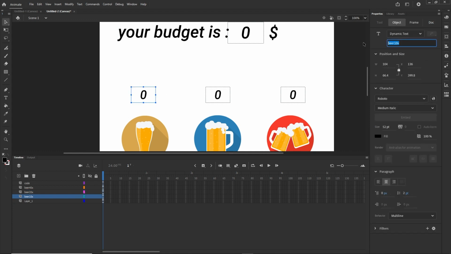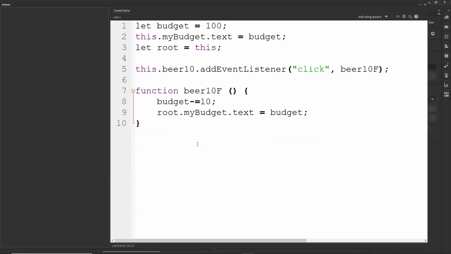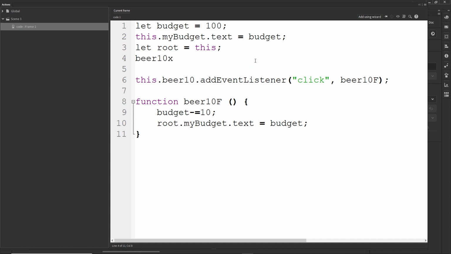I am going to one more time copy this, and I will go back to the code, so right click actions, or you can go with F9. Now what I want to do is create some new variables with the number. Let me paste this in here, this built-in x, and I'm going to just type slash slash to comment this